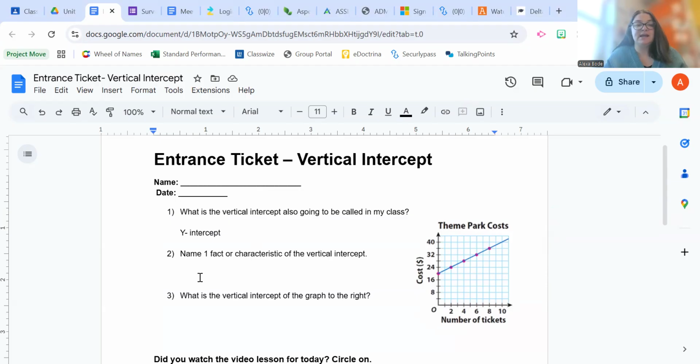Okay, number two said to name one fun fact or characteristic. You were allowed to use your notes from last night. So you could have either said that it is the y value when x equals 0, or you could have said proportional relationships have a y-intercept or vertical intercept